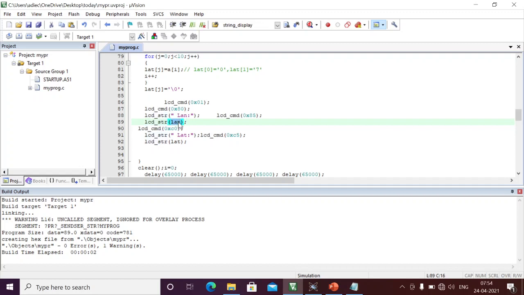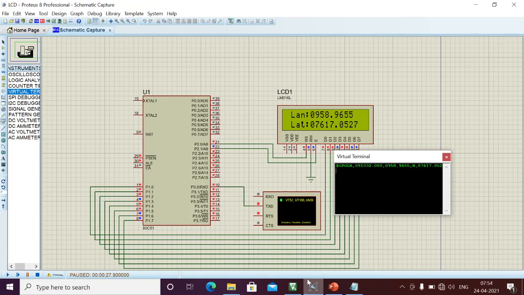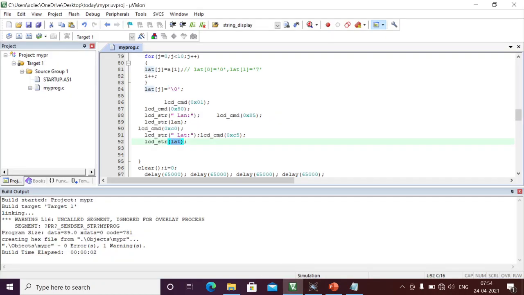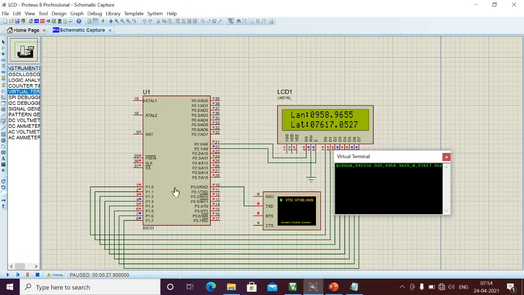LCD of string. Longitudinal is one string, and latitudinal is another string, so that we can display onto the LCD. Okay, this is the text I displayed. This is the first five characters, and in the remaining characters I displayed the exact location. Okay, this is the program we wrote in our Keil MicroVision. A similar program we are checking on this Proteus to see whether it is working or not. Okay, see here, from the GPS perspective, I just sent the data. It is received, and it picks up only the latitudinal data and longitudinal data.